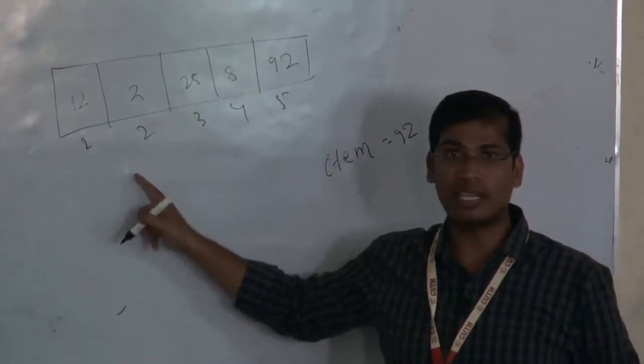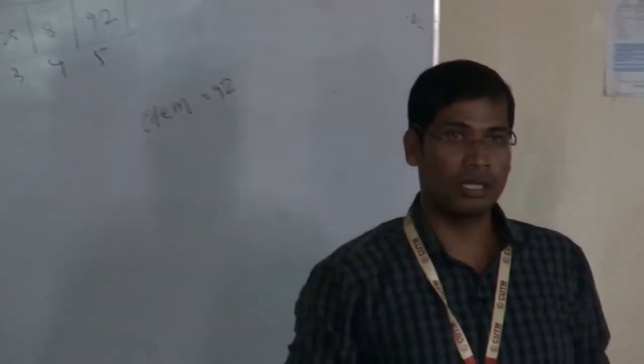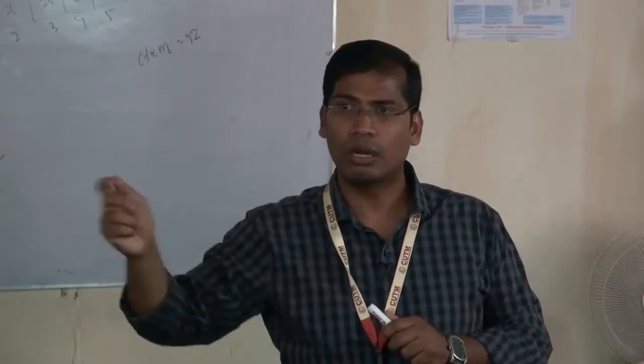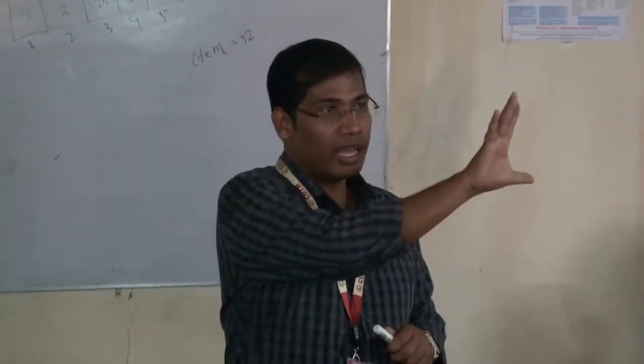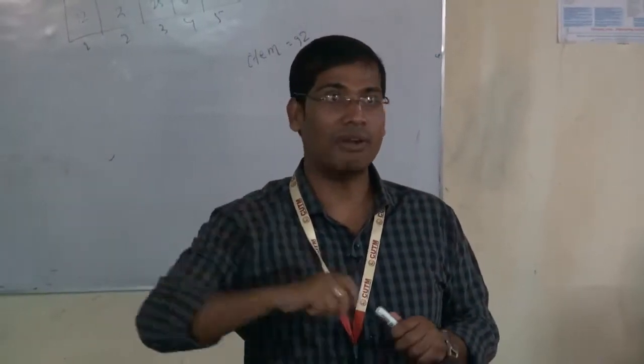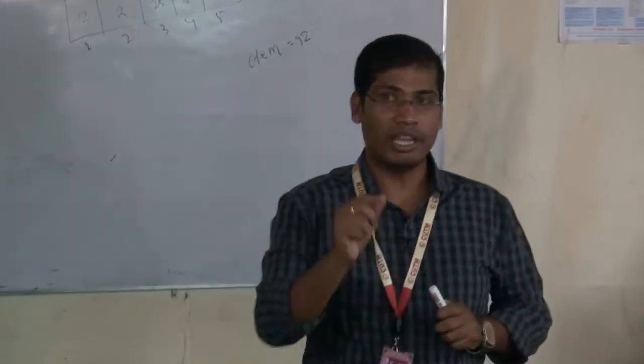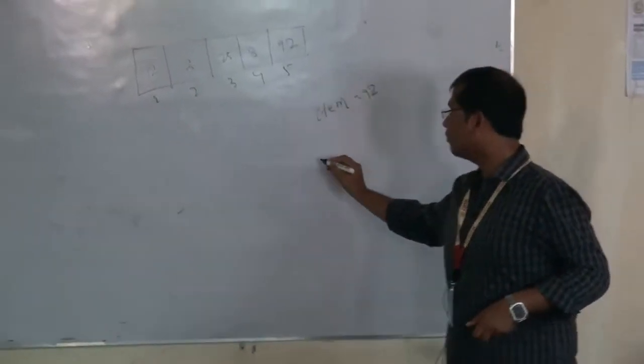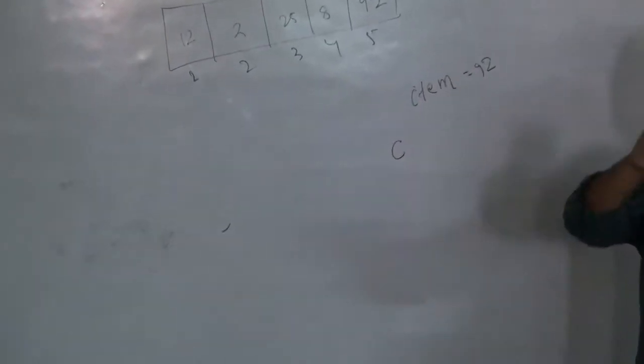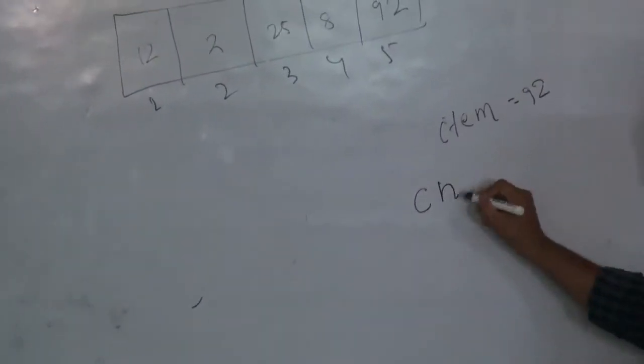Now tell me, in this array how many comparisons are required to make a hit? 5. Why 5? Because array size is 5. Now imagine my array has 100 elements and I want to search. So maximum how many comparisons do I need to do? 100. Now generalize the thing. The array of size n and I want to search one element. How many comparisons? n comparisons. So if one comparison takes C time, n comparisons will take Cn time.